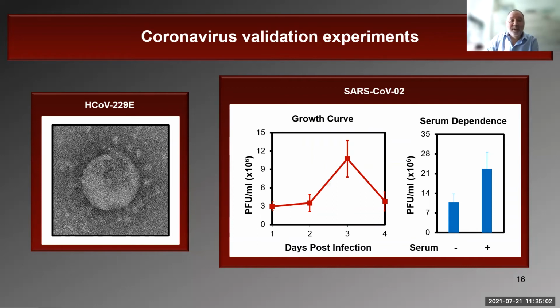To initiate our leaps into the coronavirus world, our coronavirus experiments were initiated with 229E, seen on the left-hand side, as this virus has a lower biohazard compared to SARS-CoV-2. 229E shown here in the EM picture has a characteristic corona of spike proteins surrounding the virus. In order to go to the next stage, we first need to propagate and purify the SARS-CoV-2